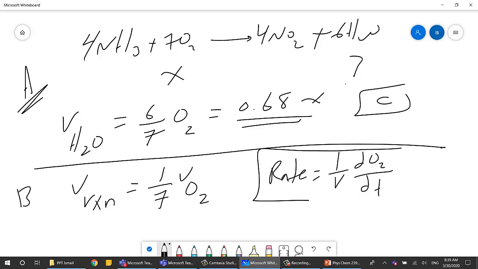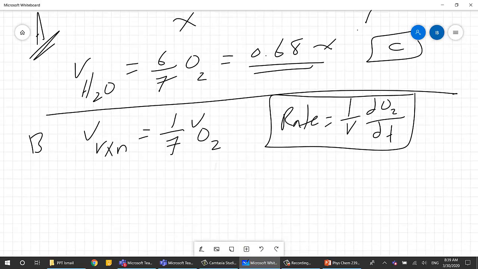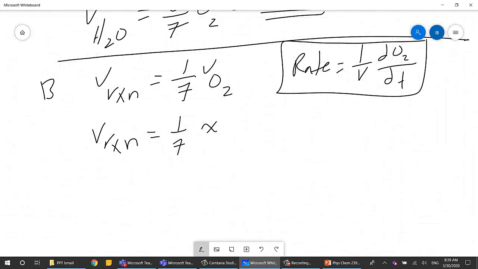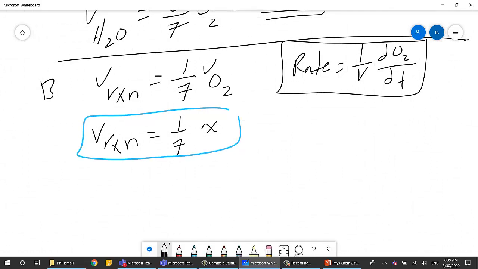This is the general formula, okay? Now the rate of the reaction in this case is equal to 1 over 7 of the rate of O2, which is X. Then it is 1 over 7X. Then you bring this one and you plug it into the water. Then you say the rate of the reaction is equal